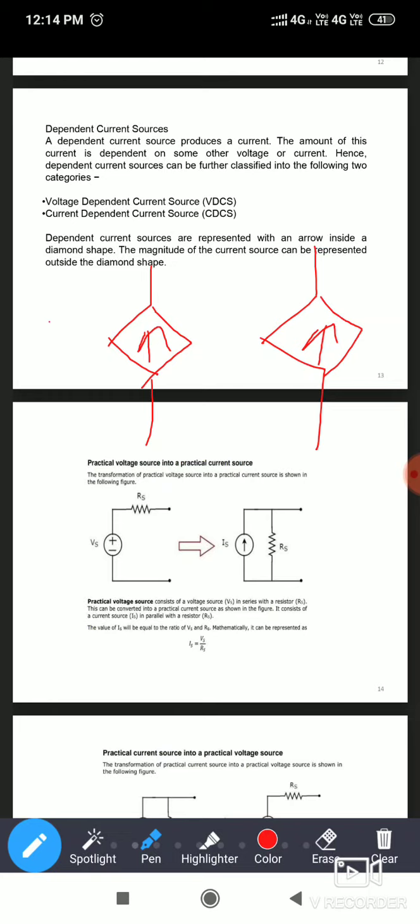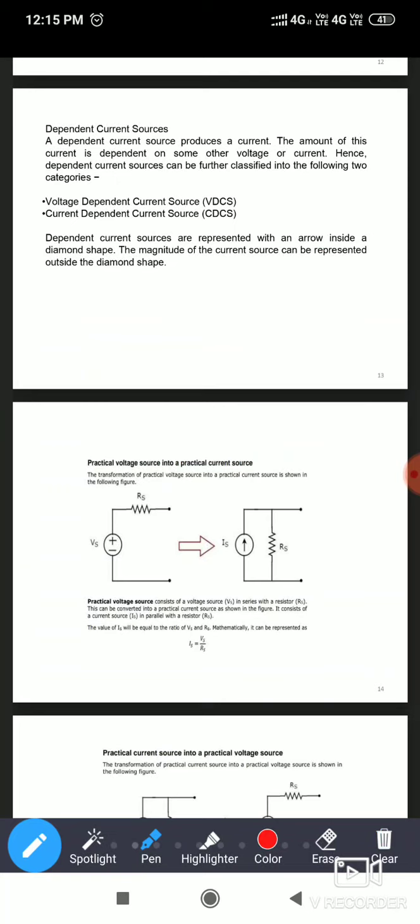So if the value of this dependent current source depends on the value of voltage, so K into V1. जर व्होल्टेज व्हॅल्यू वरनं जर is ची व्हॅल्यू ठरणार असेल, तर त्याला काय म्हणायचं, voltage dependent current source. Suppose now in this case Is is equal to K into I1. So I1 च्या व्हॅल्यू वरनं is ची व्हॅल्यू ठरणार आहे. That's why this source on the right hand side is called current dependent current source, and the left hand side is called voltage dependent current source.